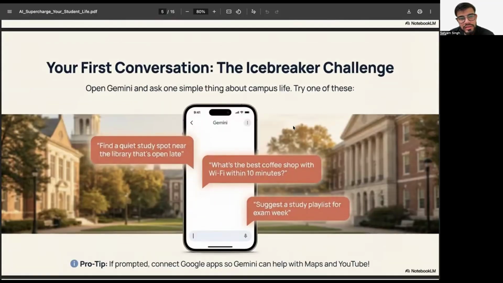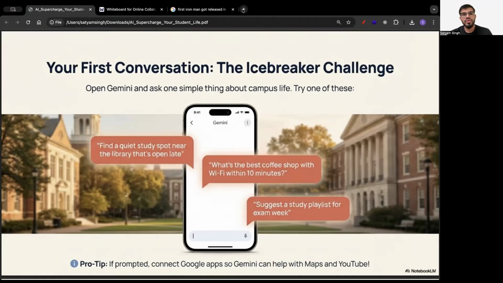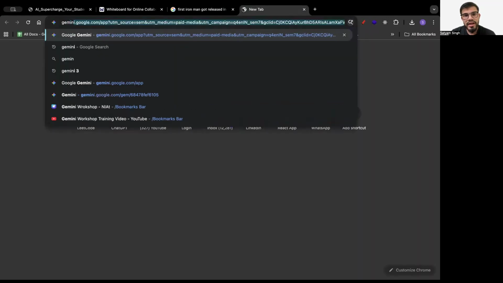We have talked for around 40 minutes now, just about AI and research and everything. You might be getting bored. So now let's do the real exploration. I'll take you guys to